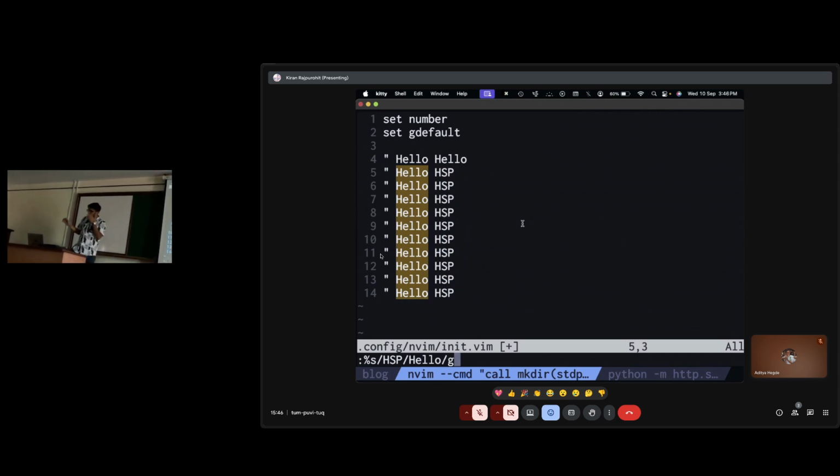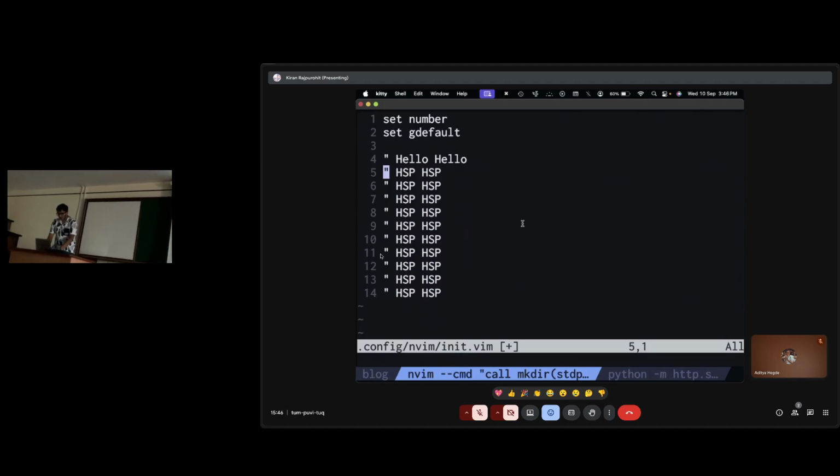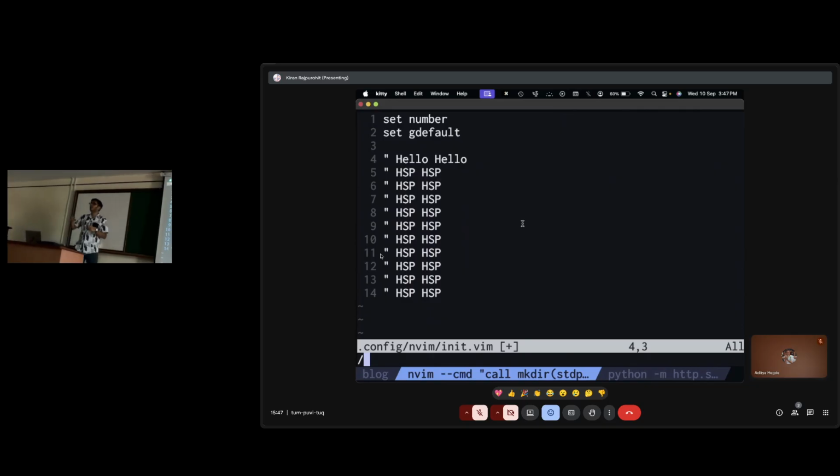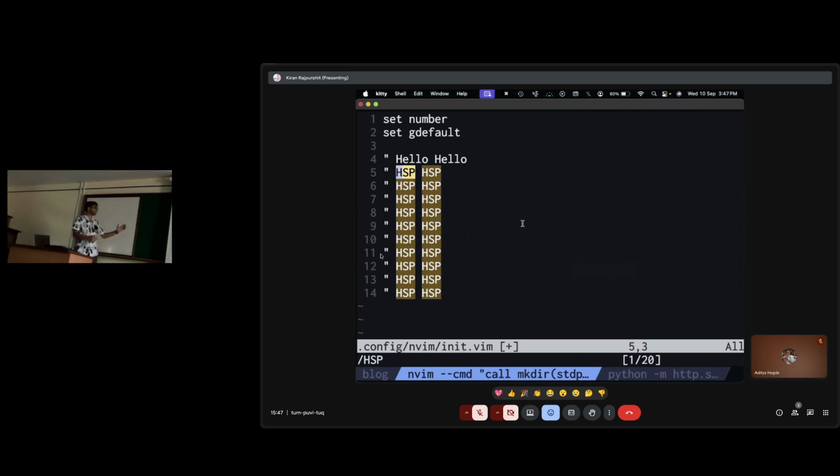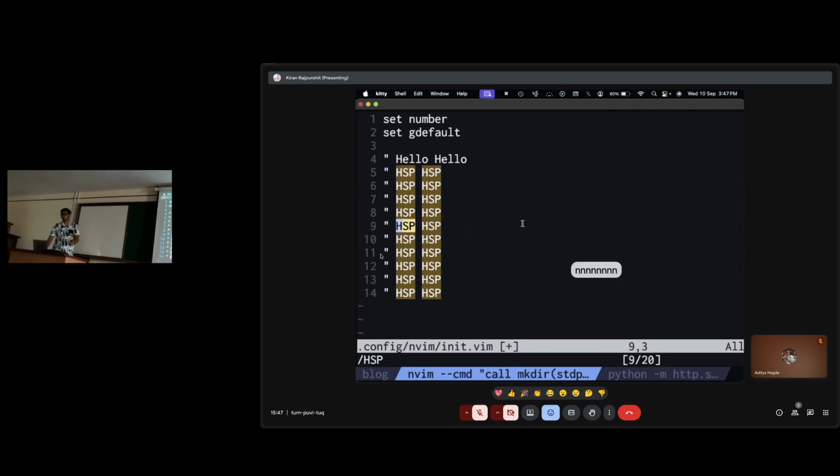Yes. Okay. Interactive substitutions. In that, I'm not talking about search. How do you search for a pattern? You just press slash. This goes into command mode, by the way. You know how i, a, o are all different ways of going to insert mode? Slash and colon are ways of going to command mode. So you press slash, go into command mode, and you just type hsp, and this will search for all occurrences of hsp in the entire file. You can press n to go to the next match. You can press capital N to go to the previous match.